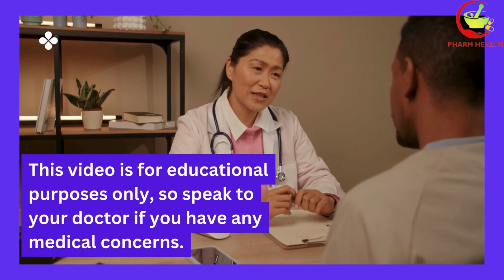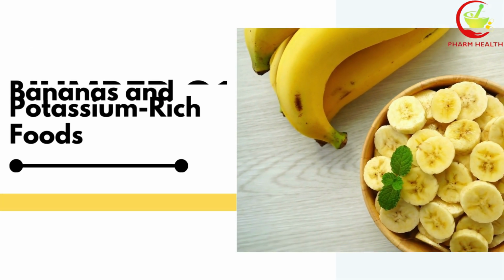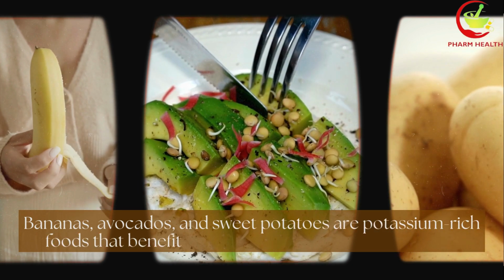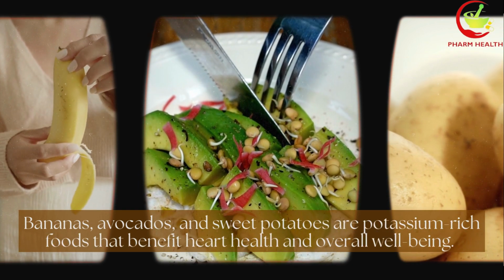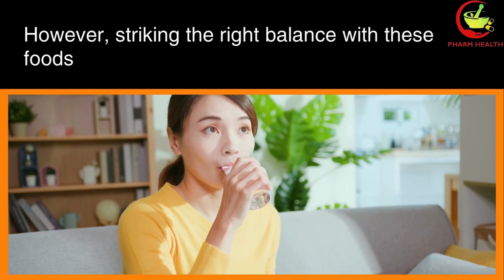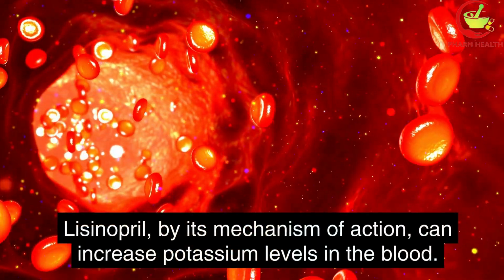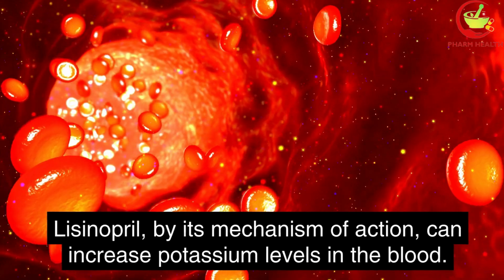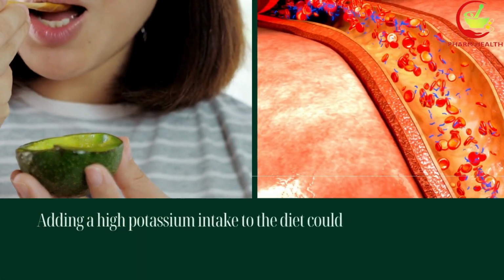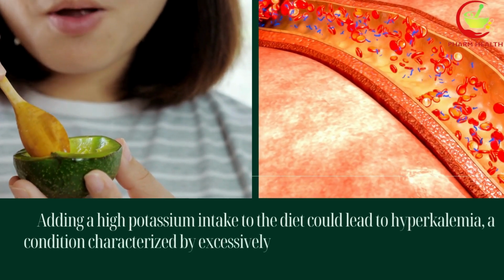So now, let's get started with number 1, bananas and potassium-rich foods. Bananas, avocados, and sweet potatoes are potassium-rich foods that benefit heart health and overall well-being. However, striking the right balance with these foods becomes critical for individuals on Lisinopril. Lisinopril, by its mechanism of action, can increase potassium levels in the blood. Adding a high potassium intake to the diet could lead to hyperkalemia, a condition characterized by excessively high potassium levels